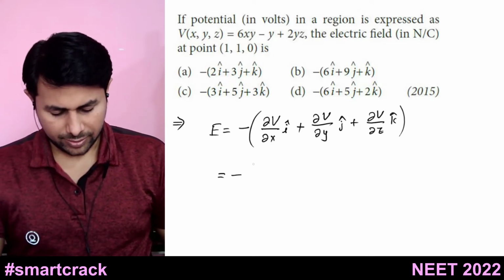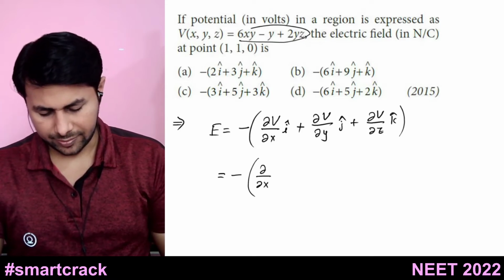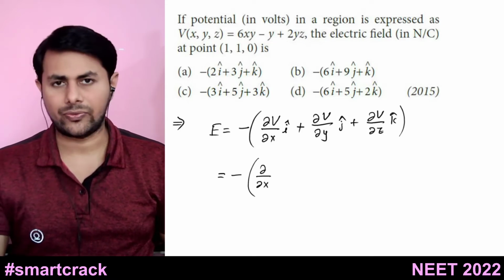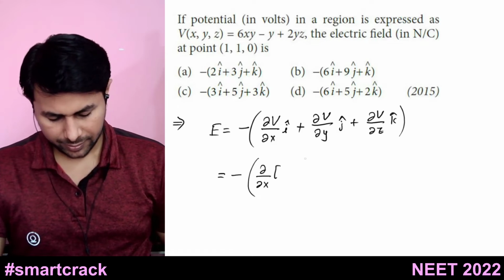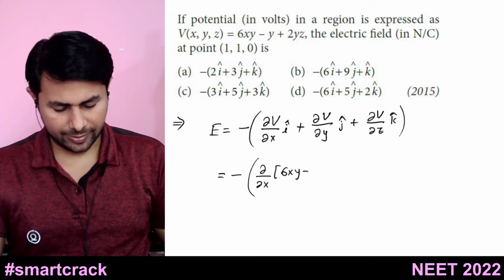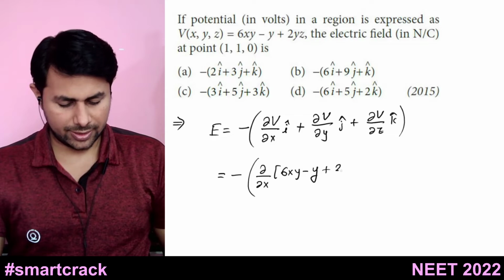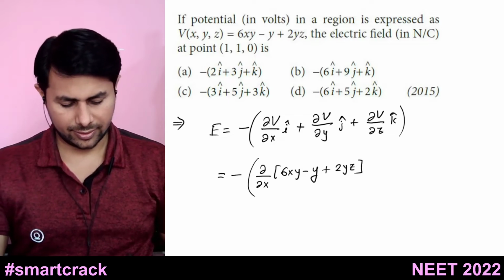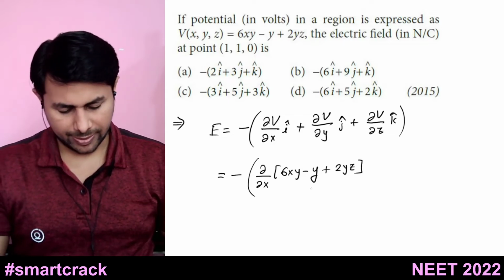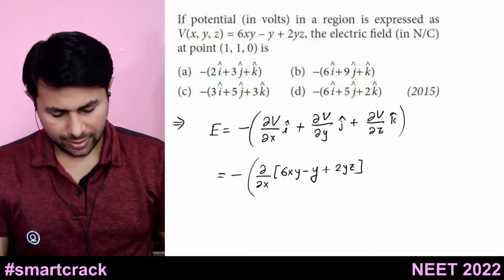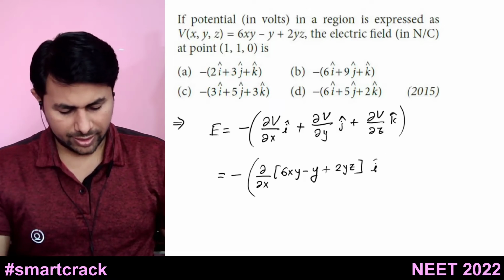So that is equal to minus of del by del x of this thing, which is the formula for V, that is 6xy minus y plus 2yz. We have to take its derivative with respect to x, then we have this into i cap plus